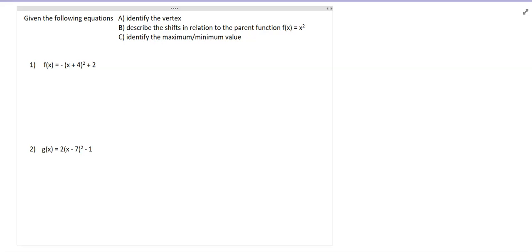So today we're going to describe the graphs of the quadratic equation when you're given vertex form. In order to do this, we need to first and foremost identify what the vertex is. And the vertex is (h, k), and in this case you find them in those two locations. What we have to remember is